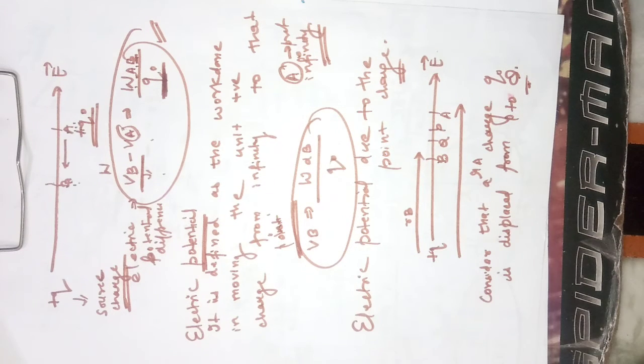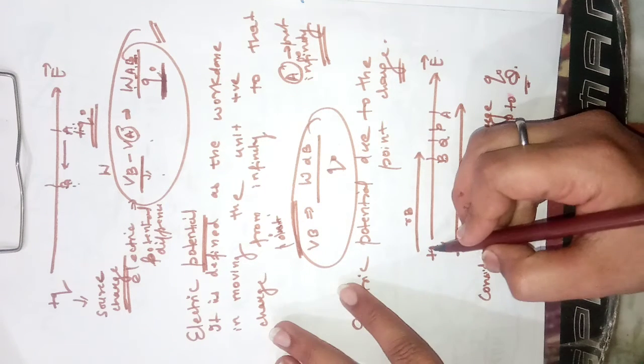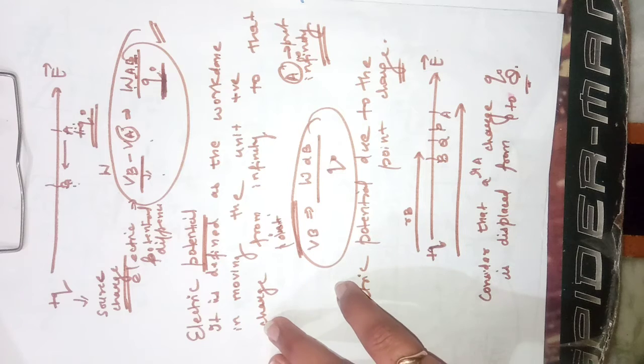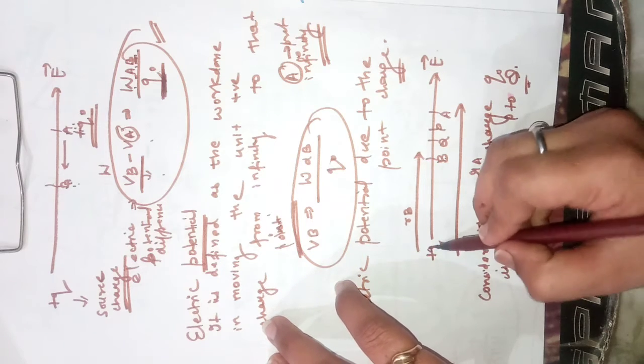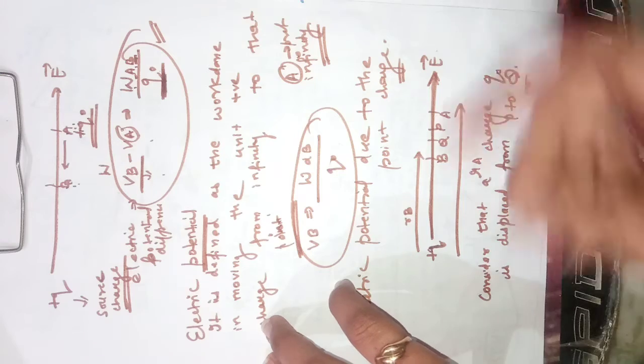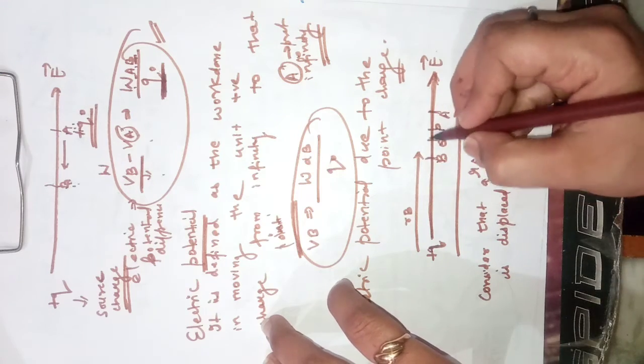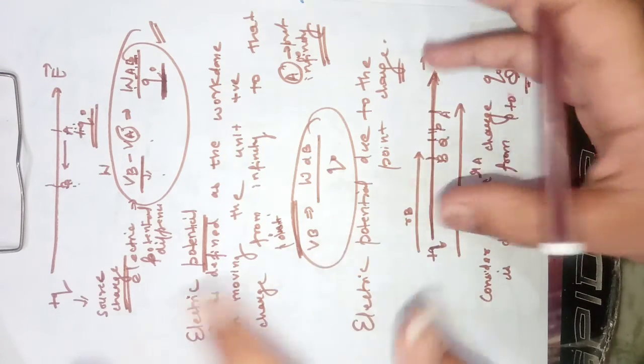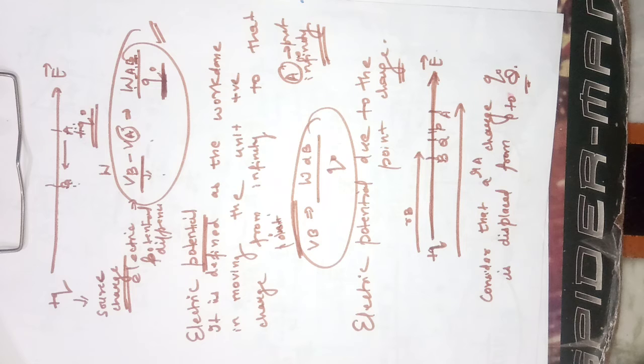Again I am repeating what we have done. अभी तक जो भी किया है, इलेक्ट्रिक पोटेंशियल डिफरेंस, इलेक्ट्रिक पोटेंशियल क्या है, now we are going to have a proof for it and this article is actually very important. What I have considered is a positive charge. This positive charge is producing some electric field E. We have 2 points A, B, P and Q. Basically we have 4 points which we have placed in the path of the electric field.